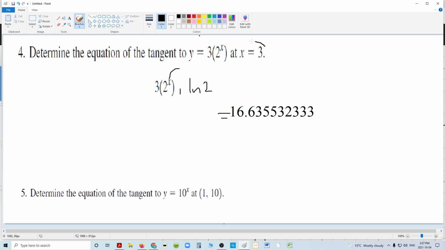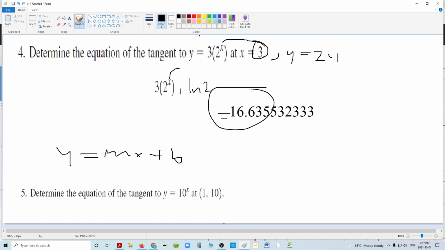But we should punch in x is 3 here to figure out what y is. Well, it's clear that it was 24. So 2 to the x times 3, 24. Y is 24. Well, we can't figure out the slope of the tangent because the slope of the tangent is a line. And we don't know b, but we do know y, and we do know x, and we do know m. So we know all of those three things,